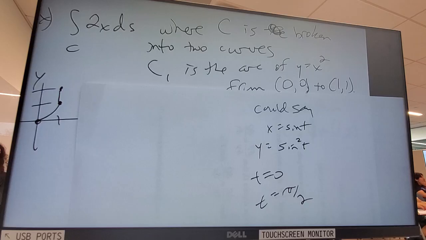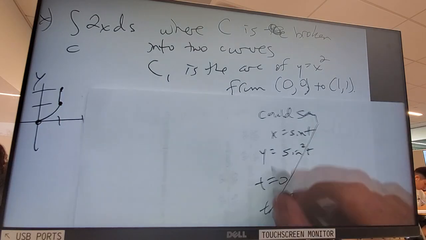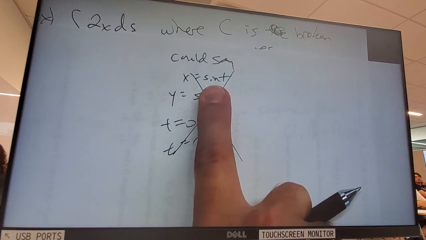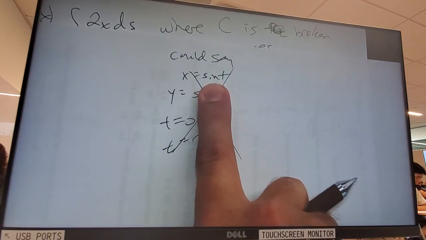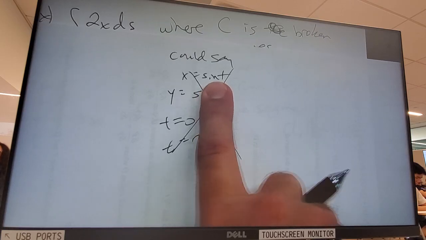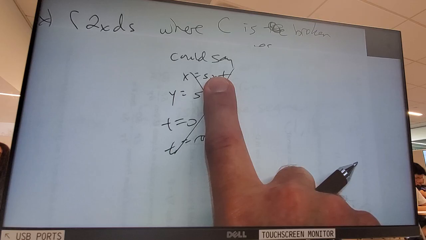What is the most basic thing you try to do when you want to parameterize something? Just let the variable that represents the input be t. Okay. When am I going to want to do stuff like this? If I'm dealing with what kind of curve? Circular. Then this is going to be the best thing in the world.